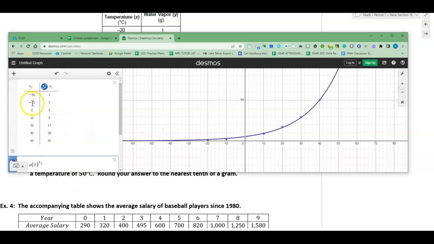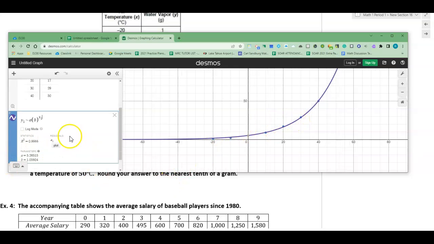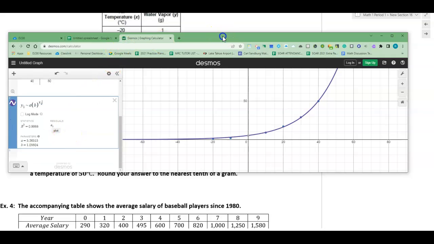So once you see that you have your table here and you notice these points tend to model exponential growth, once we write that regression model, this is what we get. And our model here is going to be your A value is 5.26515, your B value is